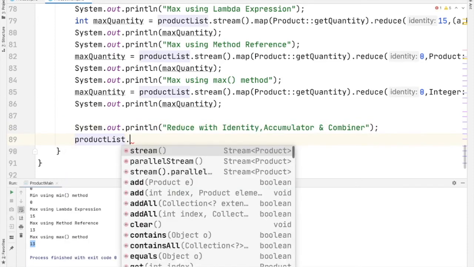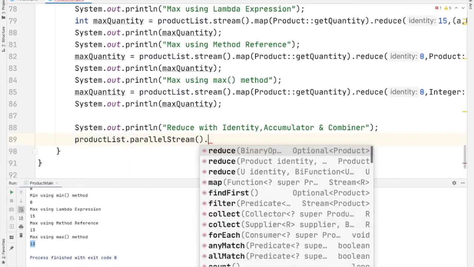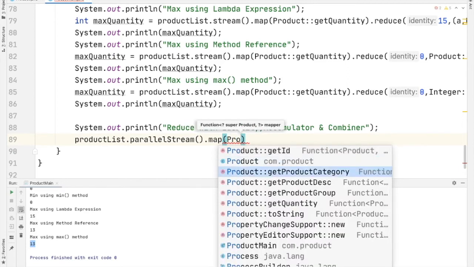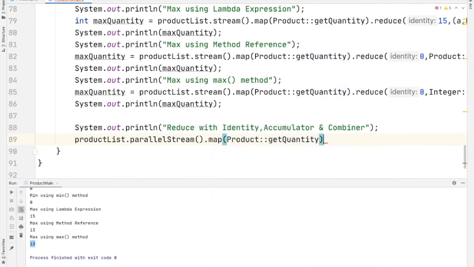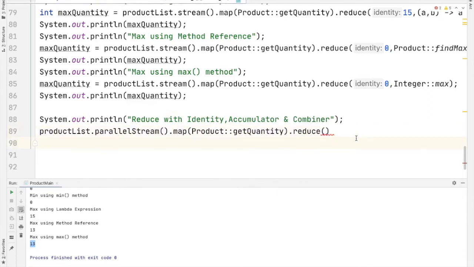Product list dot, here we are using parallel stream dot map of product get quantity dot reduce of which consumes three parameters, identity, accumulator and combiner.